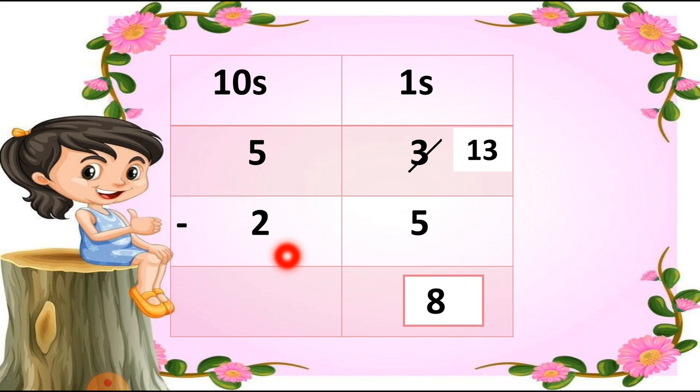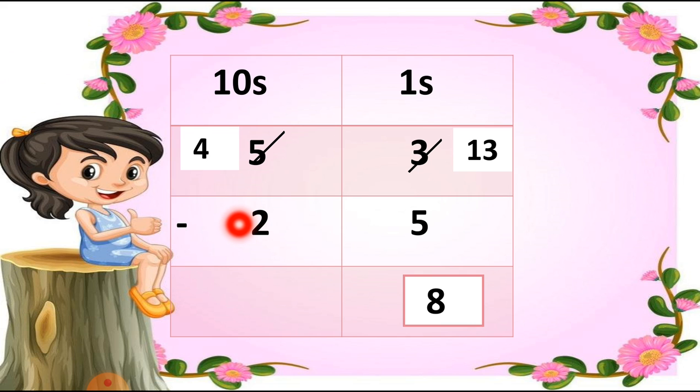As I told you before, if we are taking 10 numbers from the tens column, we have to cut 1 number from this digit. So here we cut the 5 number and cut 1 number from it. So 5 minus 1 is equal to 4. So here I have to write down number 4. You can see here I put number 4 here.